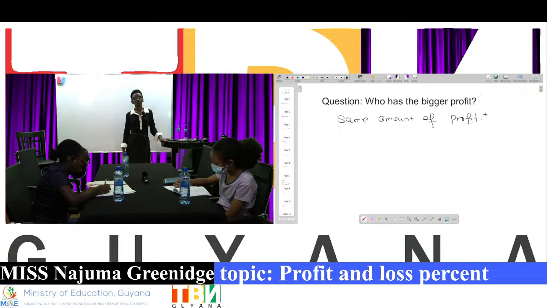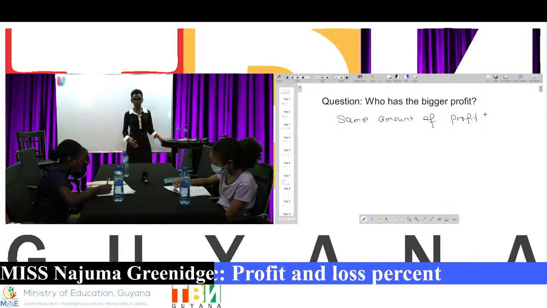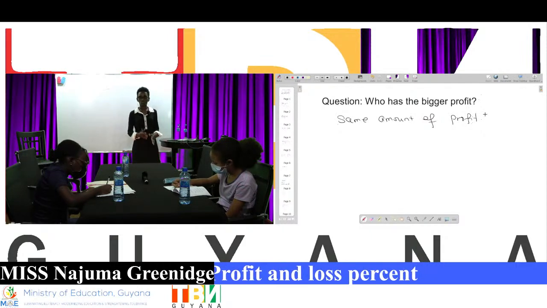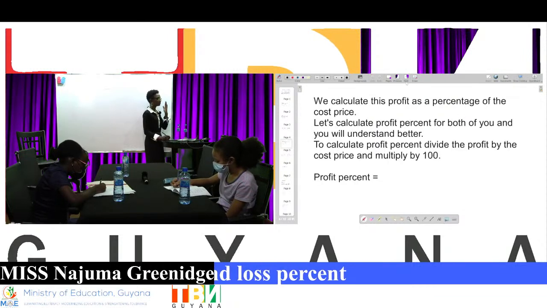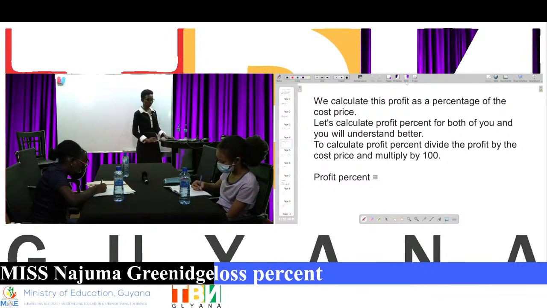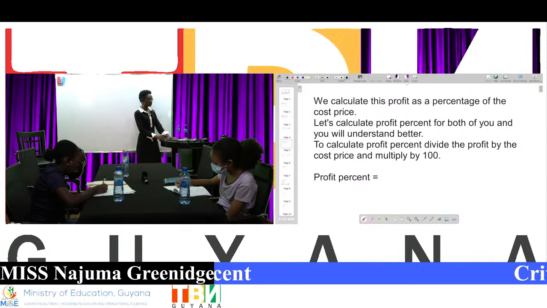And so percentage-wise is going to distinguish between the two of you as it relates to who made the larger profit, all right? Now we calculate this profit as a percentage of the cost price. So that's how the percentage comes in. So to calculate the percent for both of you,